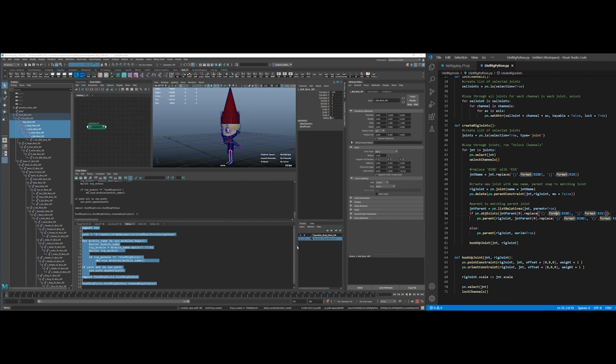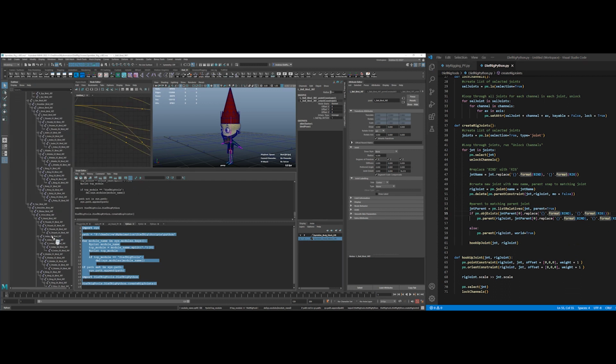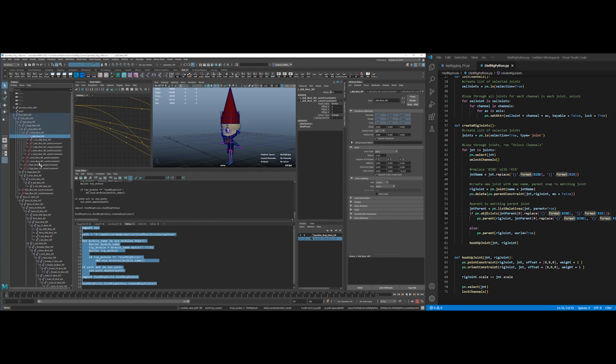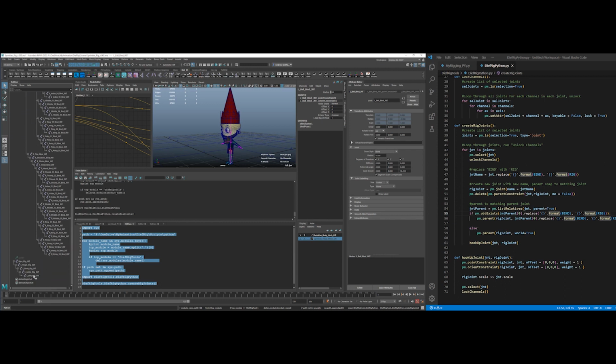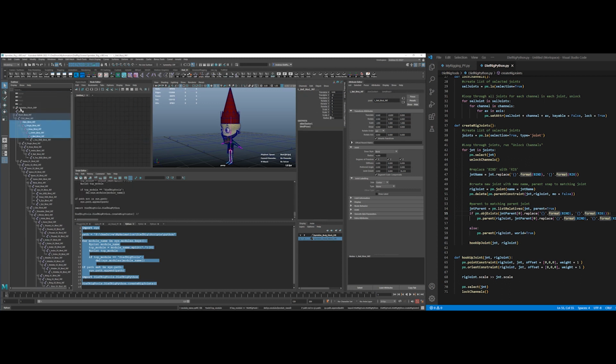And that was my problem. And there it is. So, because I started with the hips in the selection, that created the hips as the top joint, and since there wasn't a rig joint that matched it,